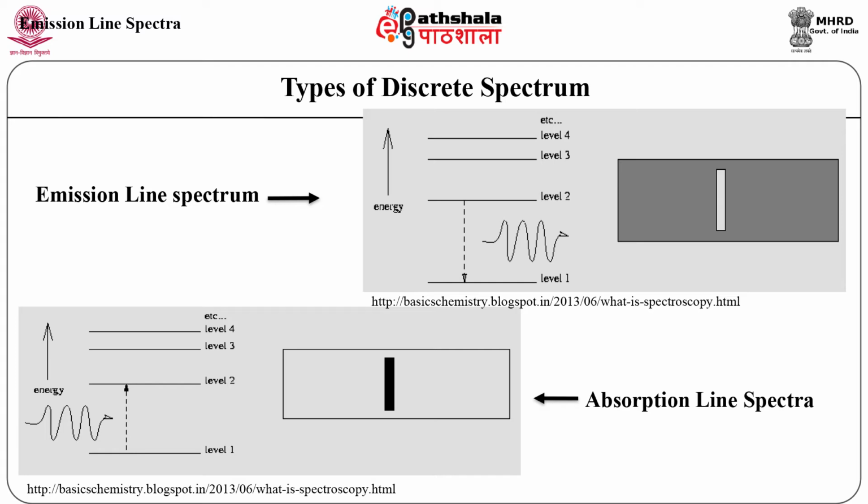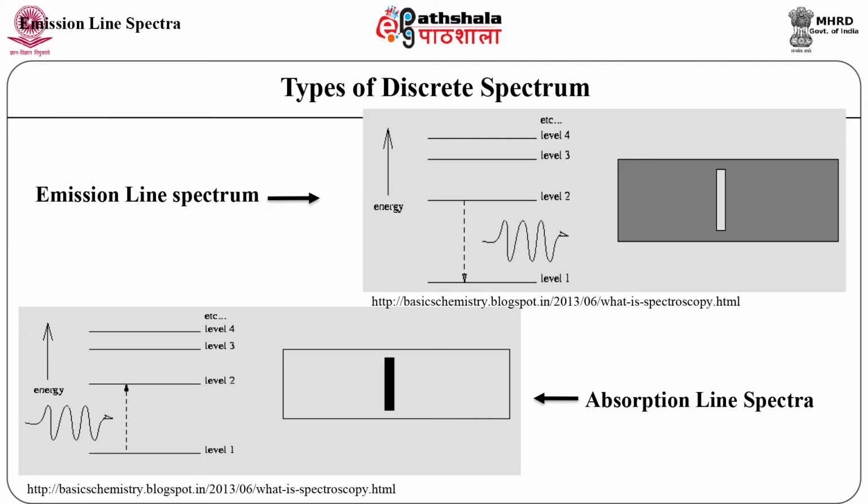In the diagram below, a hydrogen atom drops from the second energy level to the first energy level, giving out a wave of light with an energy equal to the difference of energy between level 2 and level 1. Such energy corresponds to a specific wavelength of light or specific color. Thus, we can see bright light at the exact wavelength. An excited hydrogen atom relaxes from level 2 to level 1, yielding a photon. This results in a bright emission line.